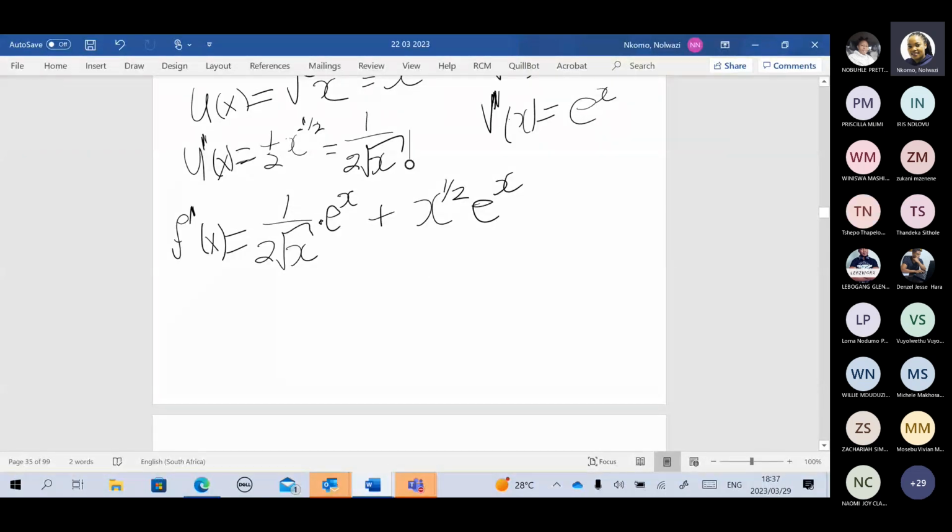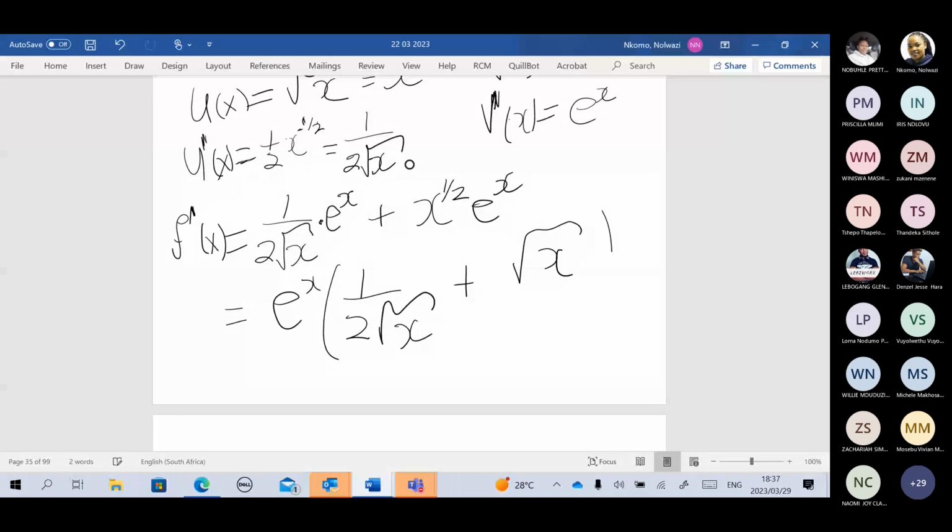But if you were asked to find only the first derivative, then from here you could have left your answer as e to the power x times 1 over 2 root x plus root x. You should have left your answer like this. But since we are still differentiating, right? But even here, even if you leave your answer like this, you can still